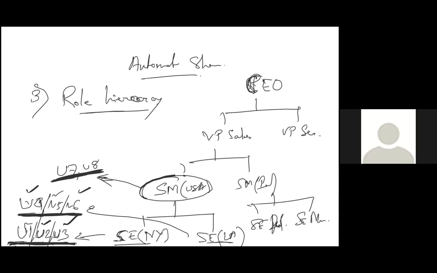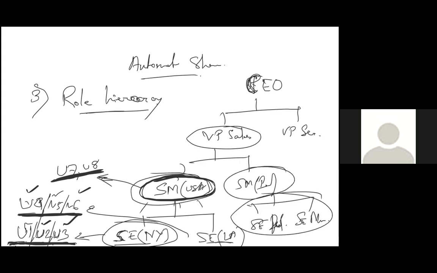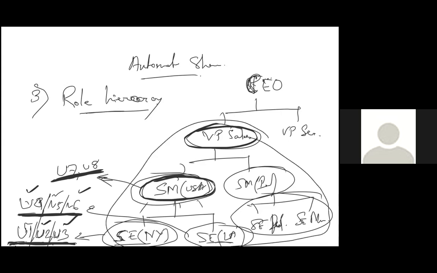The people on the top of the hierarchy will see lower people's records. This guy can see all of these records, his records, and his records, because he is on top of everybody. This guy can see everybody's record as well as this hierarchy also, because he is the CEO. He's the top man of the role hierarchy.